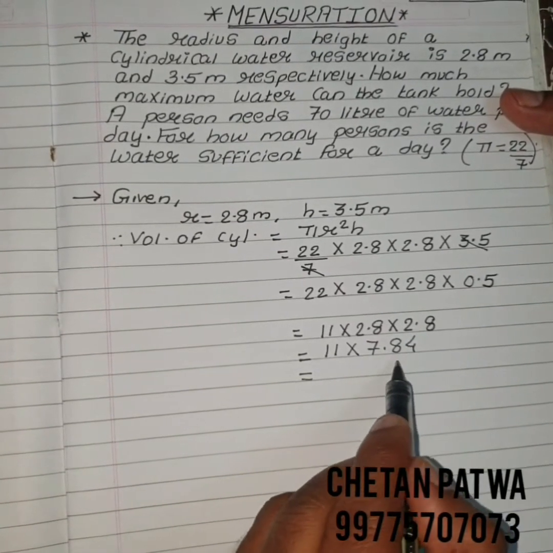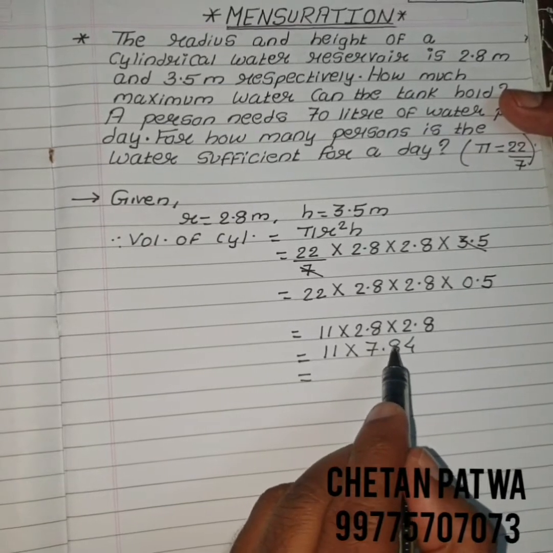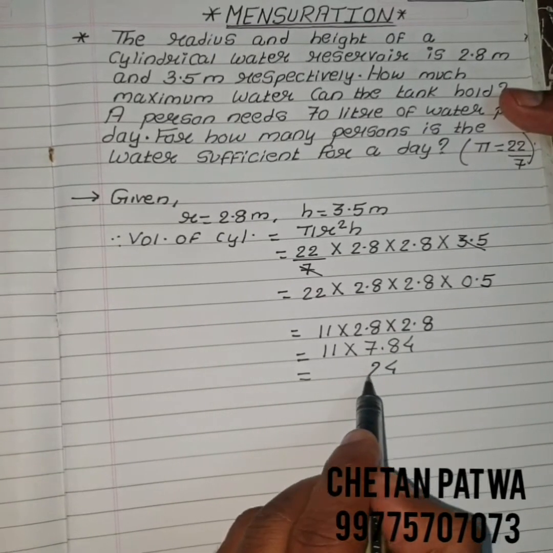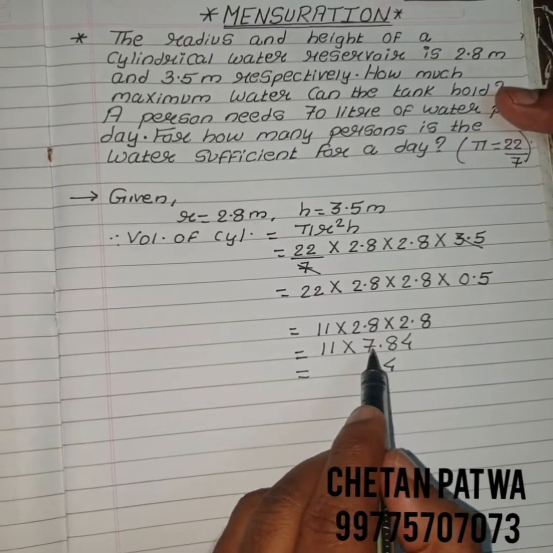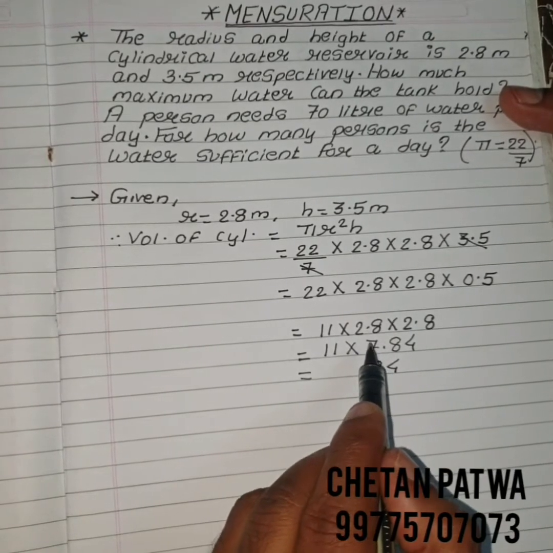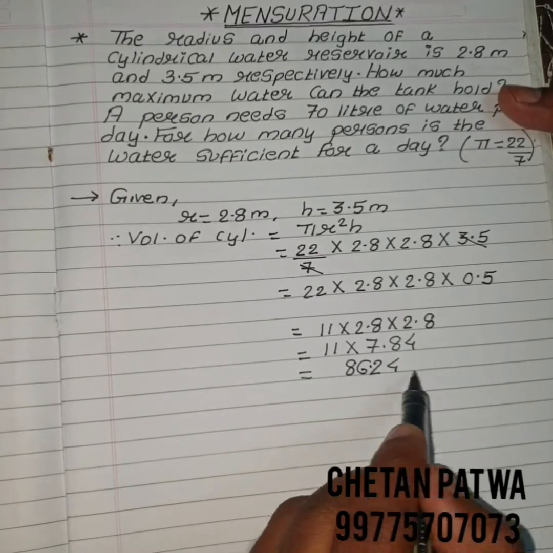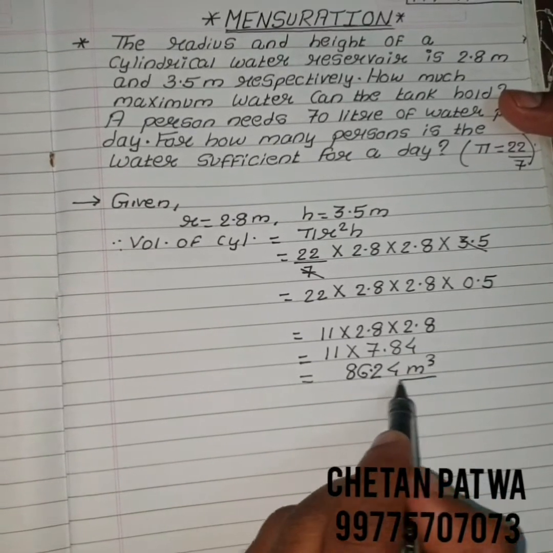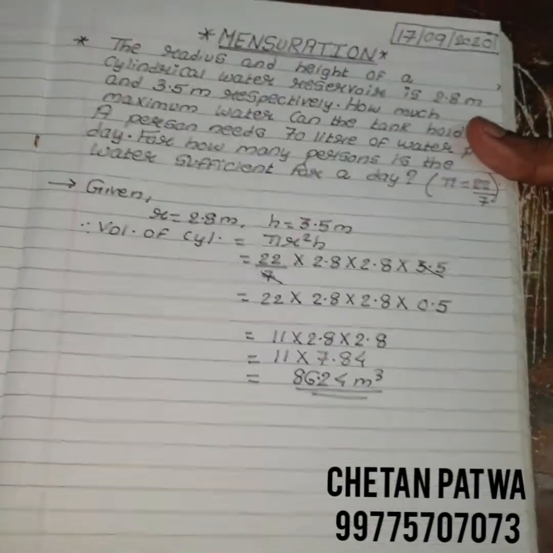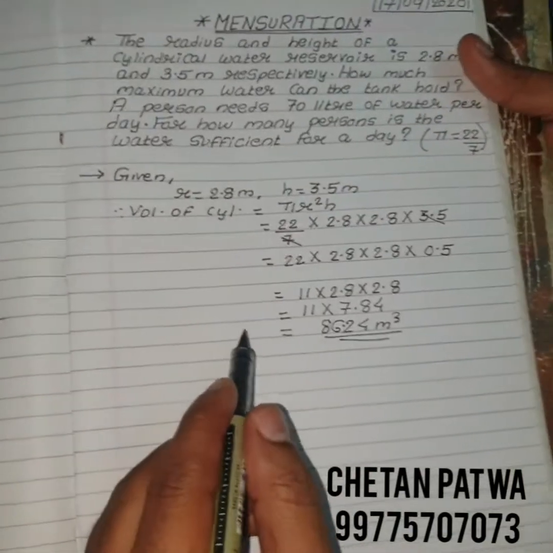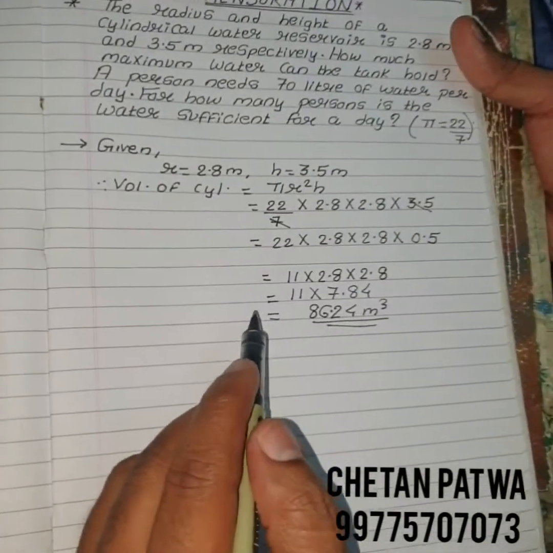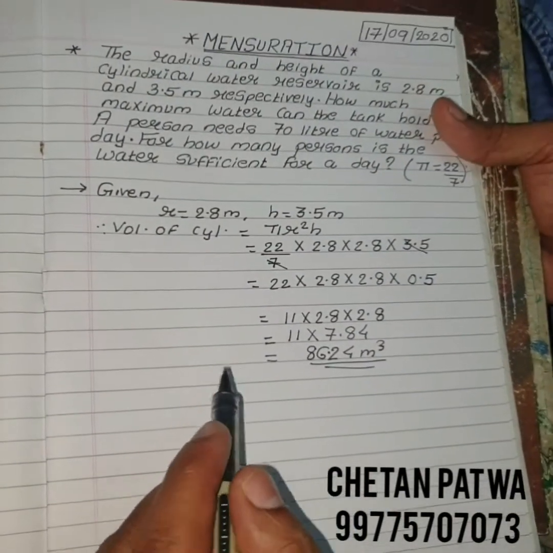So we will get 11 4s are 44. 11 is the 88 plus 4, 92. 9. 11 7s are 77. 77 plus 9 is 86. 86.24 meter cube. Now we found out the volume of cylinder. Now we have to find out how much maximum water can the tank hold. Therefore,